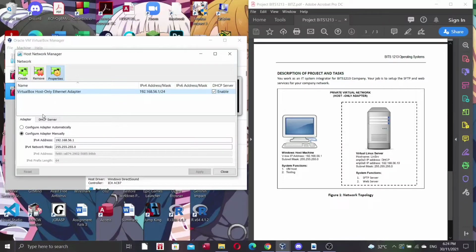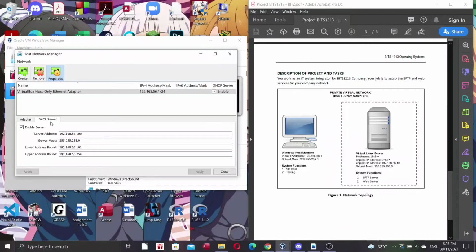Go to Adapter and change the IPv4 address to our Windows host machine IP address, that is 192.168.56.1. Then click the DHCP server and change the server address to our server IP address, that is 192.168.56.10. Then just click apply.